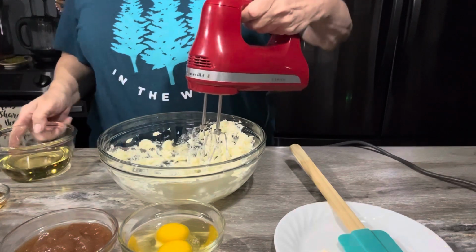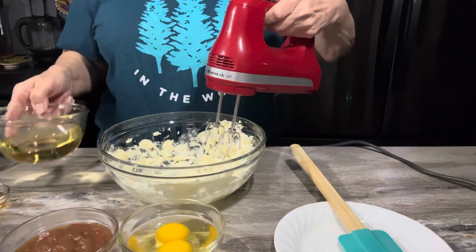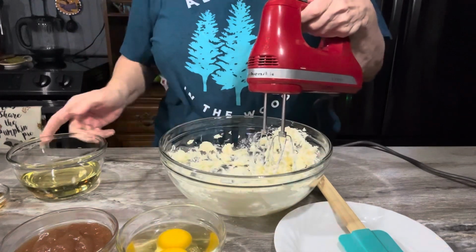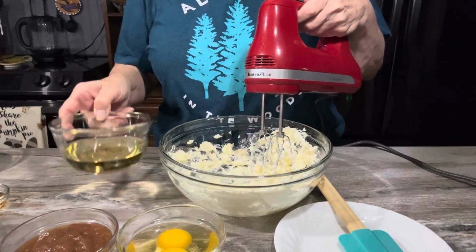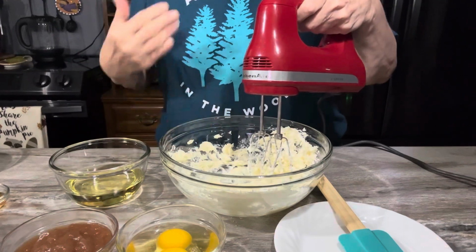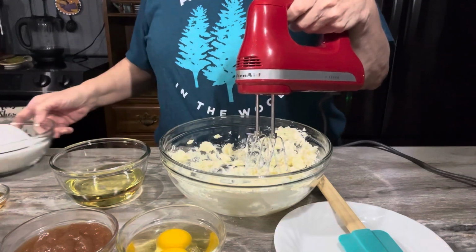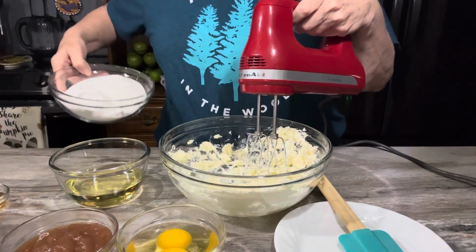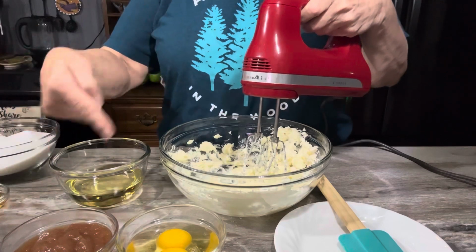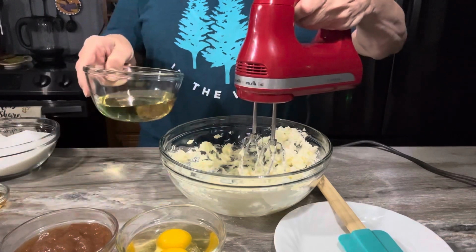What I've got is a 1/2 cup of canola oil, vegetable oil, whatever kind of liquid oil that you have. And this is going to be one of the things that keep this cookie moist, along with granulated sugar and confectioner sugar and the apple butter. But I'm going to go ahead and add